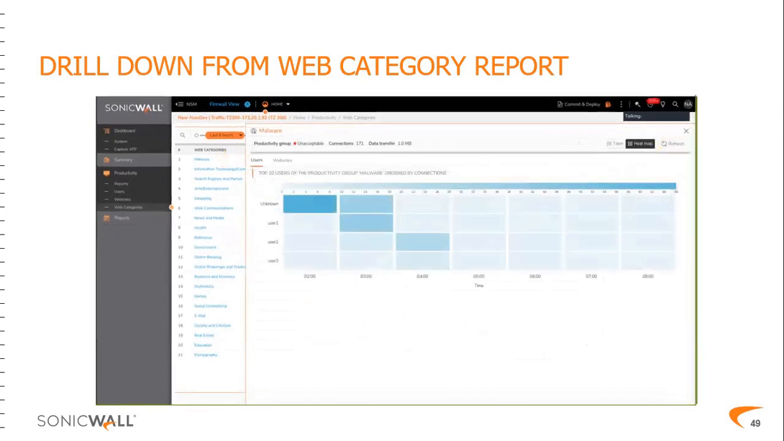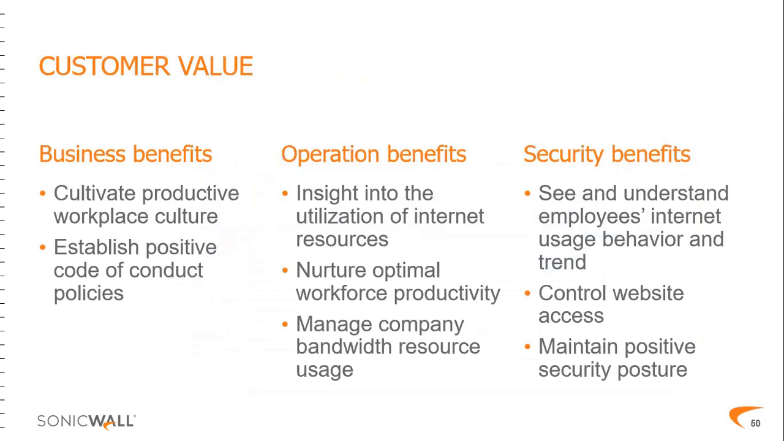The same thing, you can drill down from the website category. For the customer value, for the business benefit, you can cultivate a productive workplace culture, and then you can establish positive code of conduct policies. For the operation benefits, because we have insight into the utilization, you can plan your resources, and then nurture and optimize workforce productivity. Then you can manage your company bandwidth resources, because from all your reports that you already analyzed,